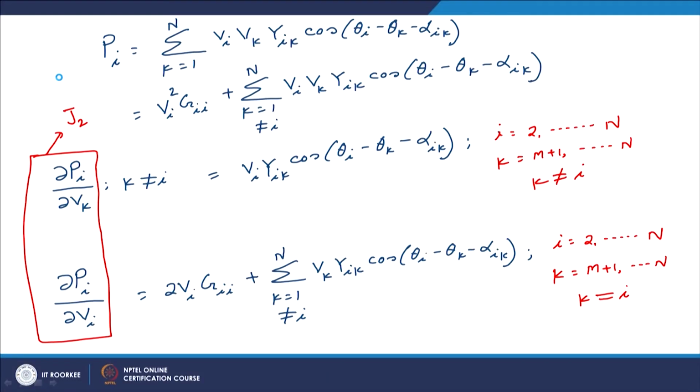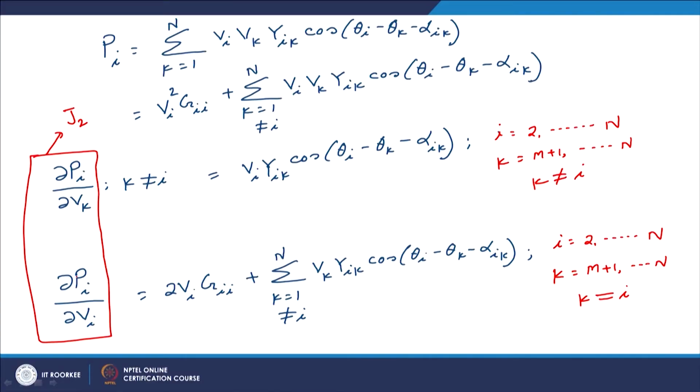apparently if we look at the expression of let us say J2, now the question is here, for example, there will be many such elements which will have this particular expression. Now, are all these expressions non-zero? Now, we need to understand that when we would be actually evaluating this expression, what we will do? We will simply substitute the latest voltage magnitude and the angles available for all these V i and all these theta i and theta k, and remember y ik and alpha ik are already known.